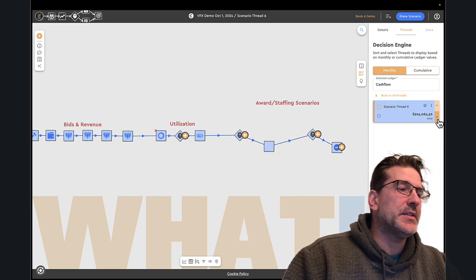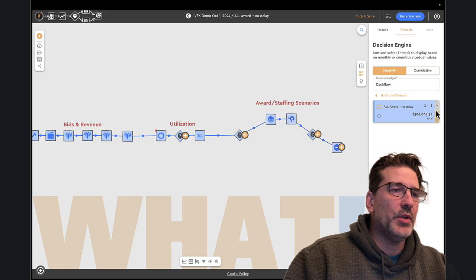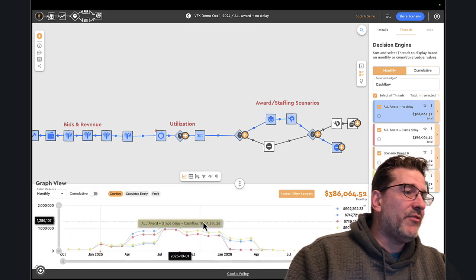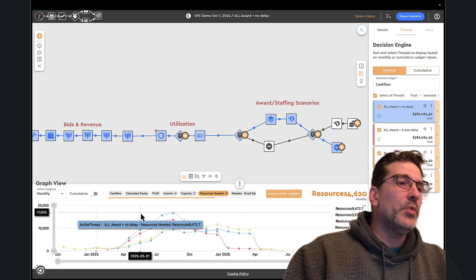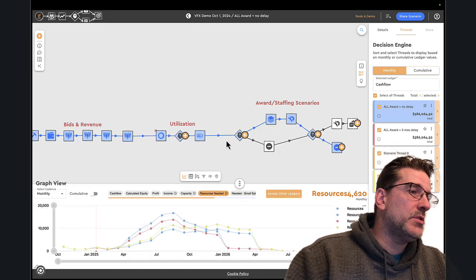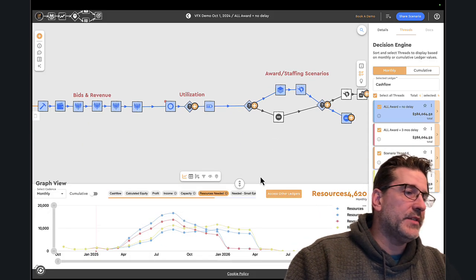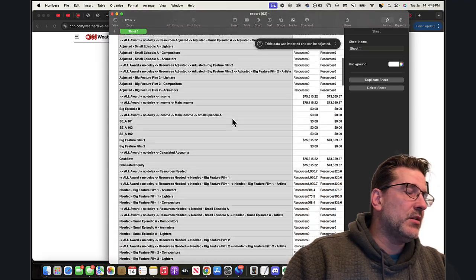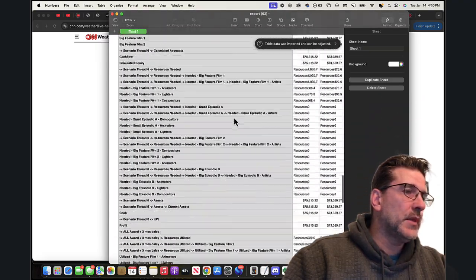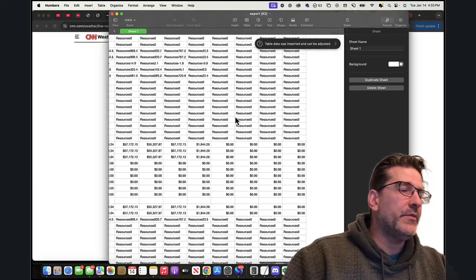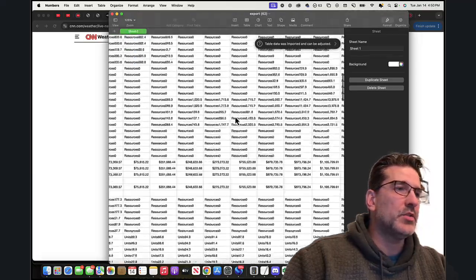And each of these is a different version of the multiverse, right? I can see all 4 cash flow models here, for example, all at the same time. Pretty cool, right? But what that ends up doing is generating a lot of data. Here I can see all of the data and all of the information I'm generating over time, all this ledger data.